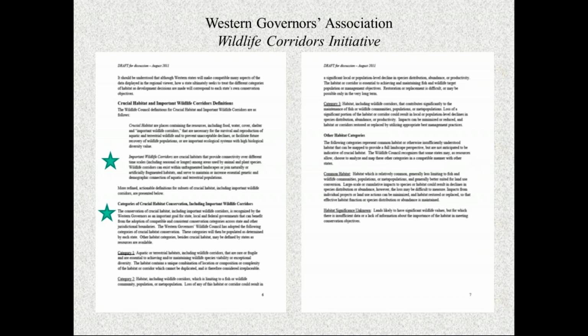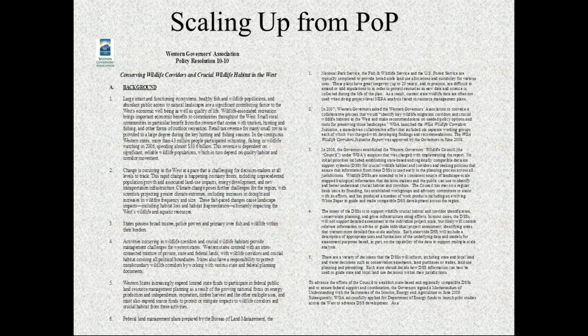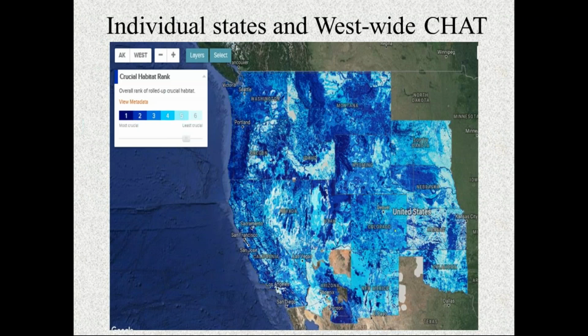One of the things that we wanted to do is scale up from the Path of the Pronghorn. And so you'll recall that we had met early on with then Governor Dave Freudenthal of Wyoming. And when he was in charge of the initiatives for the Western Governors Association, he proposed the Crucial Habitat and Wildlife Corridors Initiative that ended up being the WGA's Policy Resolution 10-10. And what this led to was the creation of the Crucial Habitat Assessment Tool, or the CHAT process, for the 17 Western states. And myself and Keith Aune from WCS and others sat as a science advisor to the WGA